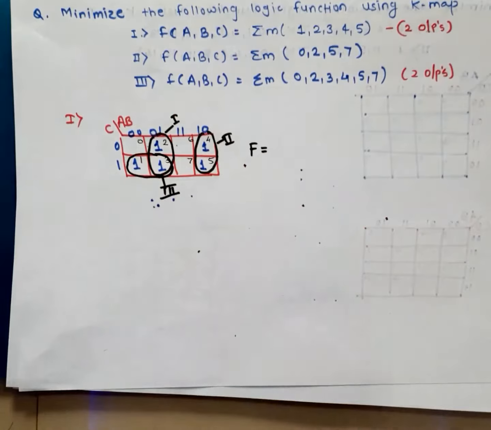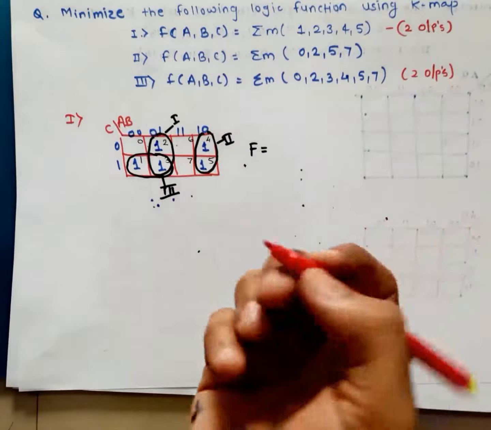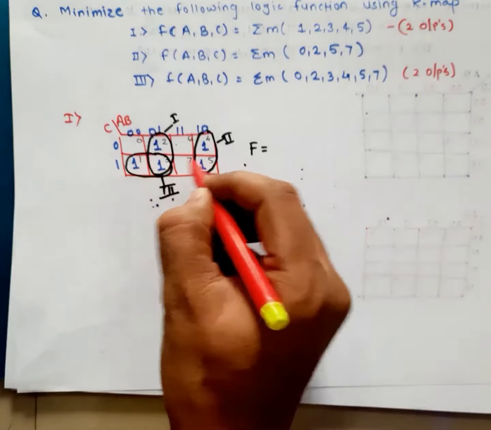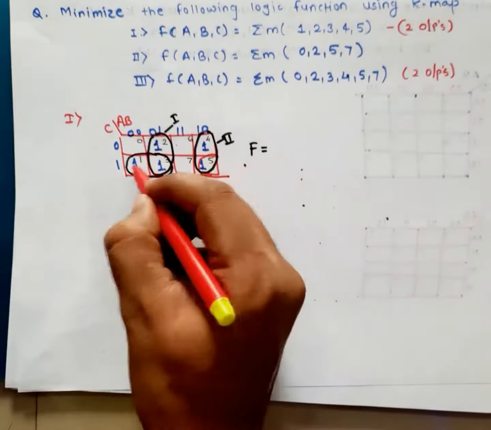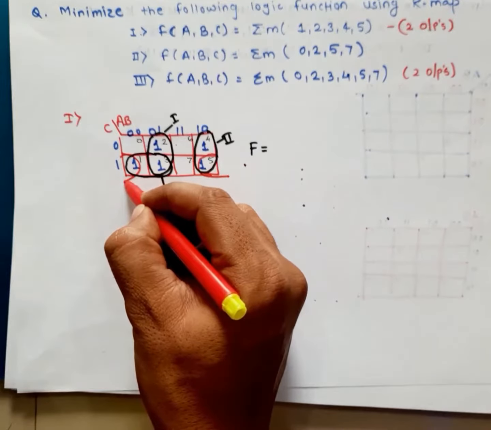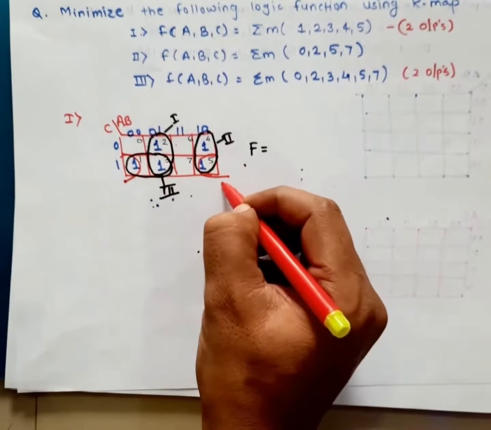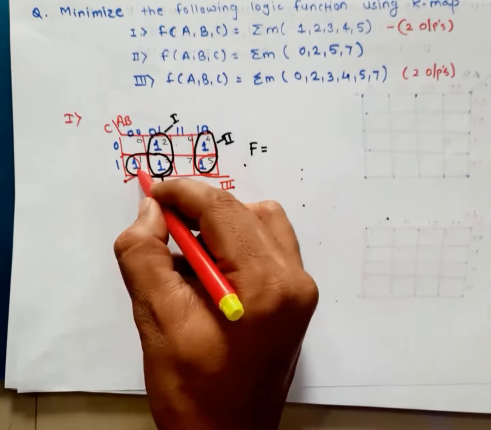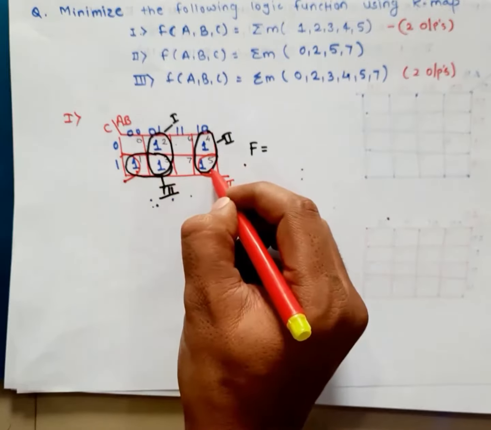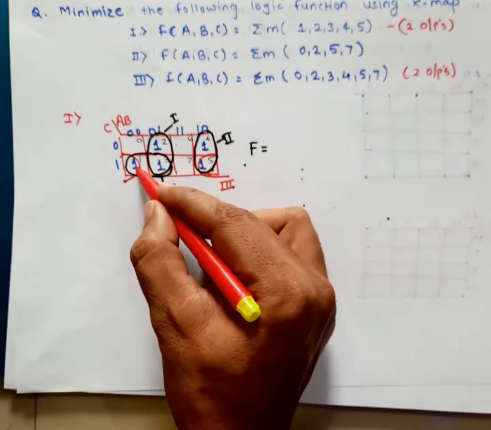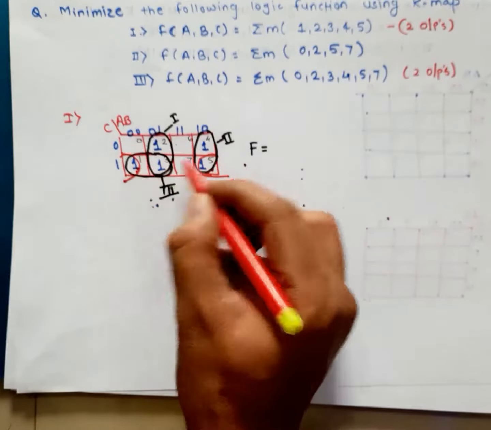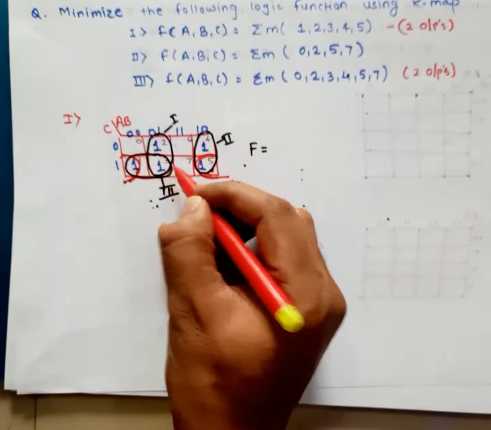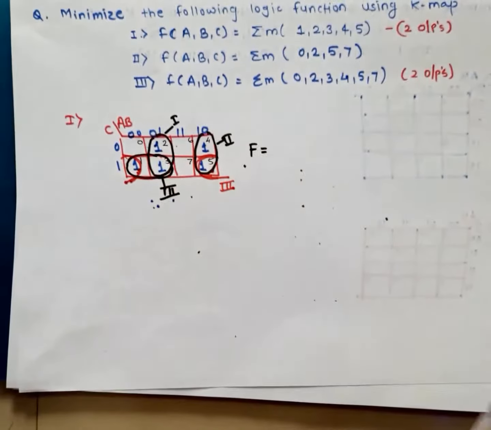But while designing the group, some may consider, instead of this remaining one, this adjacent group. It may happen that I am again considering this number 3. Either you can merge these cells with the number 5, because the number 5 cell is again adjacent to the number 1 cell. So either you can make a group of these cells or a group of these cells. Any one you can consider, no problem.